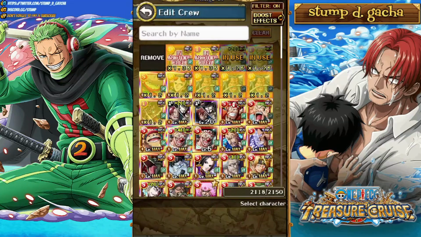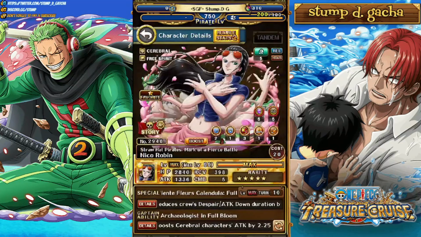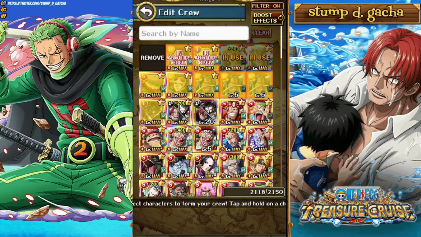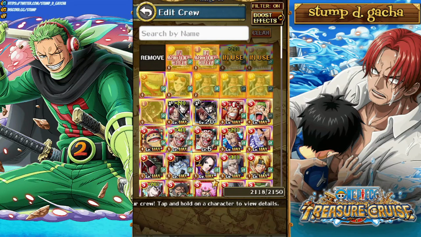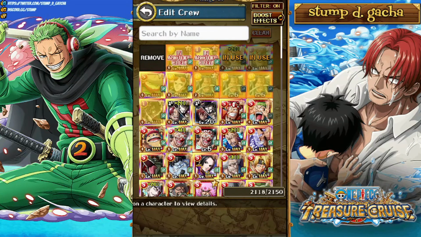Alright, we're back. Apologies about that. You do have this Robin. She can remove 3 turns of attack down as well. Remember, it is 6 turns, so you're probably going to have to bring 2 units, so there's also that. You do have Basil Hawkins and Rockstar, but if you have those units, I would definitely use them on some of the later stages as well. So, attack down's the big thing you want to get around here, and if you can get around it, you are going to be in good stead. Moving on to...